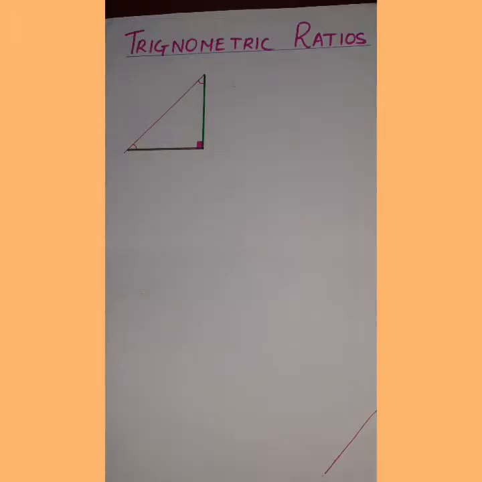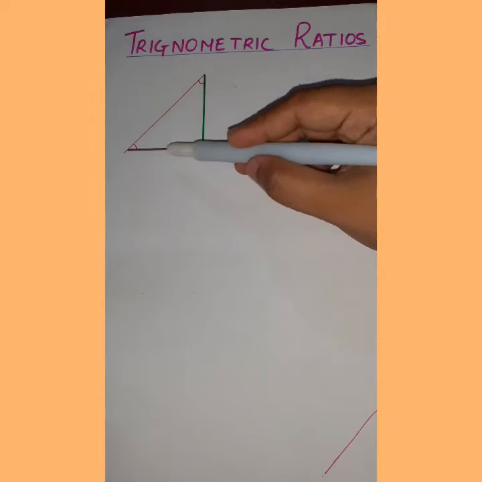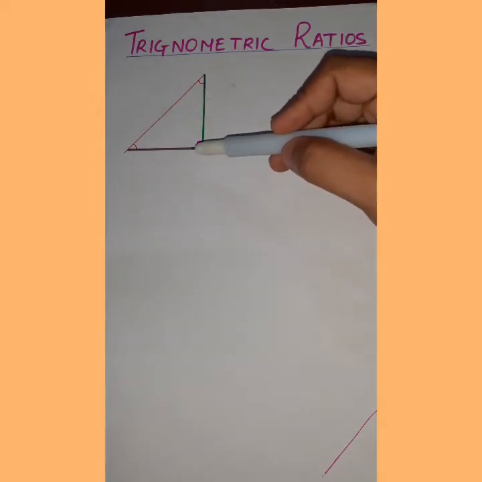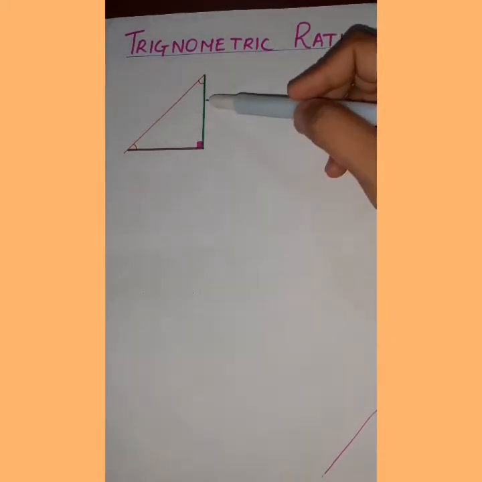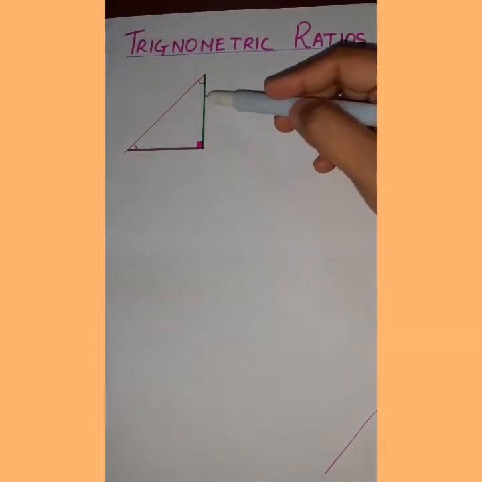Trigonometric ratios. To understand this, let's first look at a right angle triangle. Over here I have already drawn this right angle triangle and there are three sides to it, so I have given three different colors to this triangle: green, brown and red. Now each of these sides has a particular name. They are known by particular names and we don't just call them side 1, side 2, side 3. So let's first understand their names.